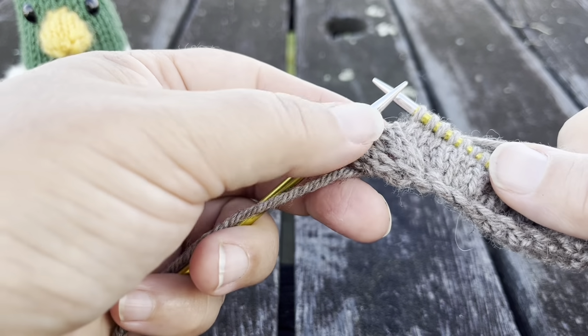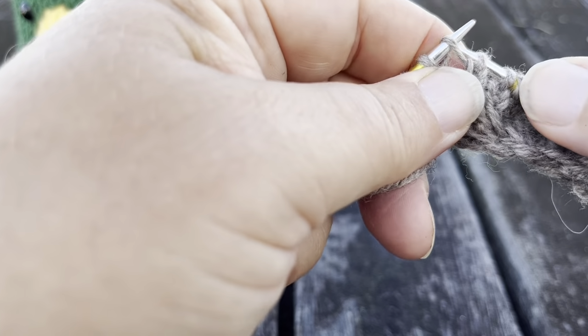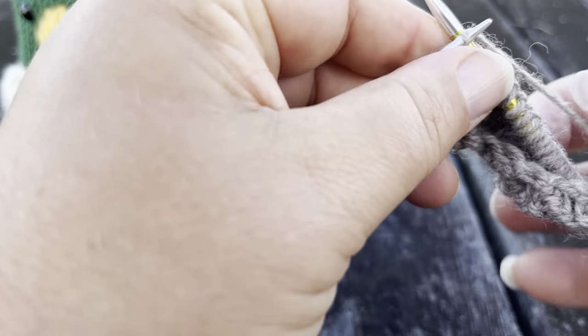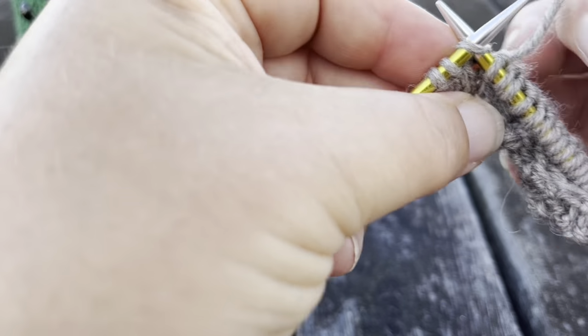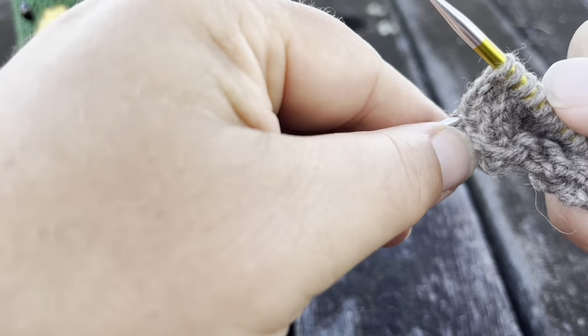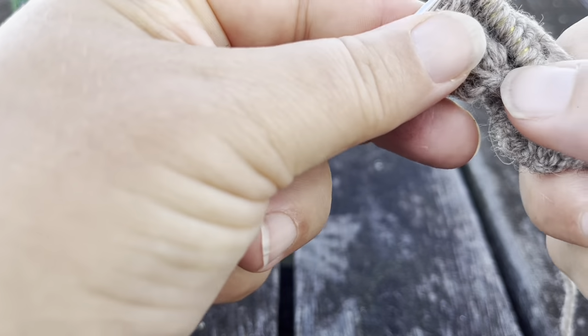So we've got 4 stitches left here. We're going to pick up this bridge, knit it to make 1, then we're going to knit 2, we're going to pick up this bridge again, knit it and